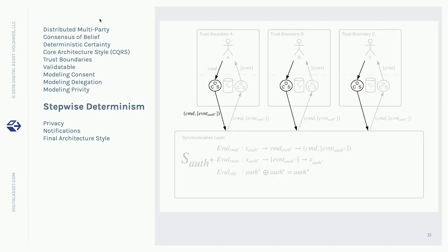Finally, in preparation for solving some of the privacy problems, we run the entire evaluation function on the client. There's no need to run it on a central server because it's deterministic, it's pre-agreed, and because of the determinism, there isn't actually anything different between running it on one node versus another. And on every node, these are going to be validated anyway. So we end up with this architecture for a centralized smart contract system.